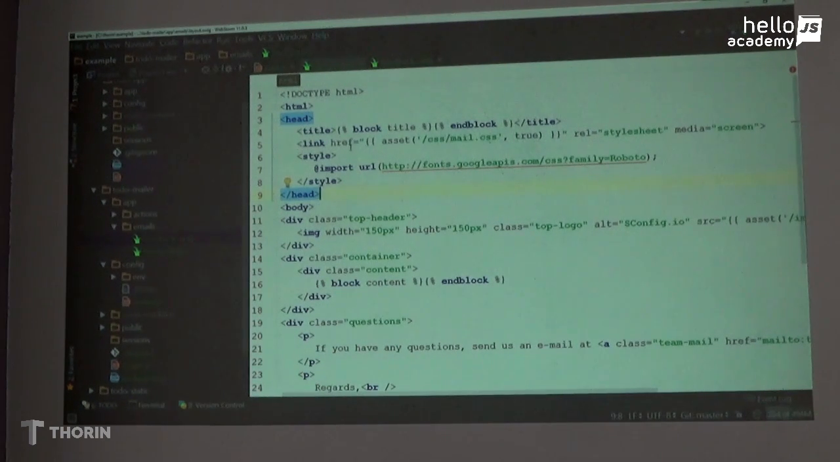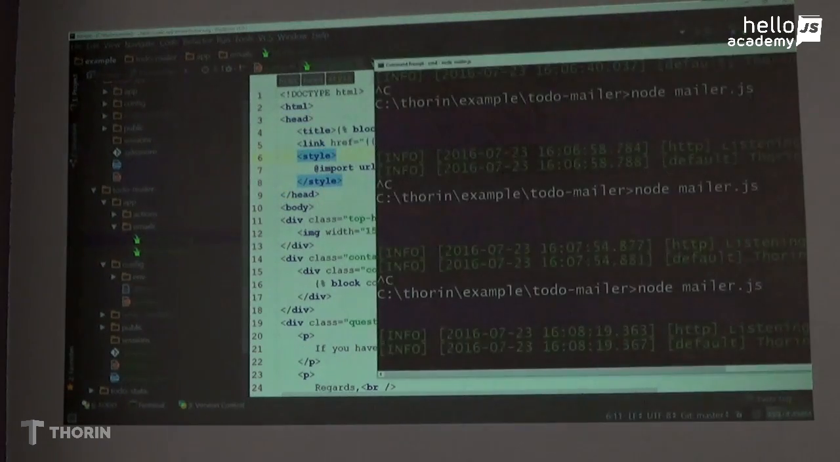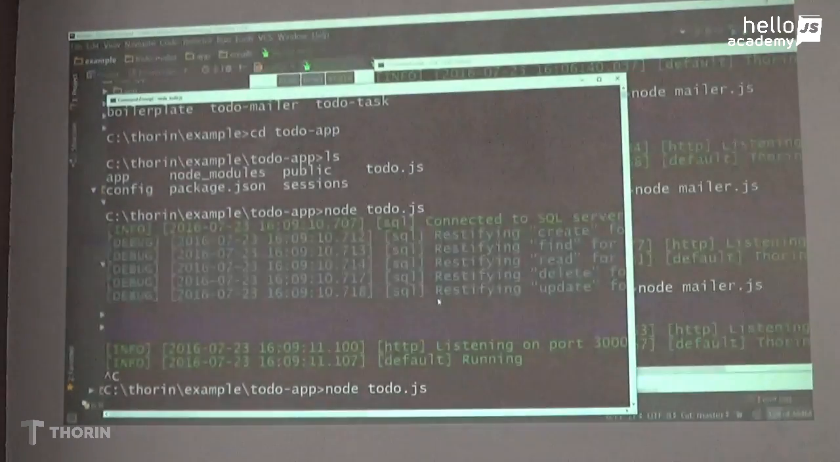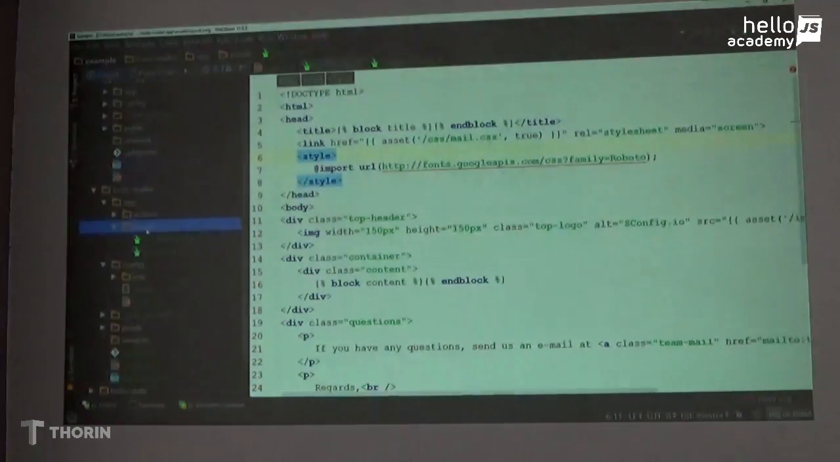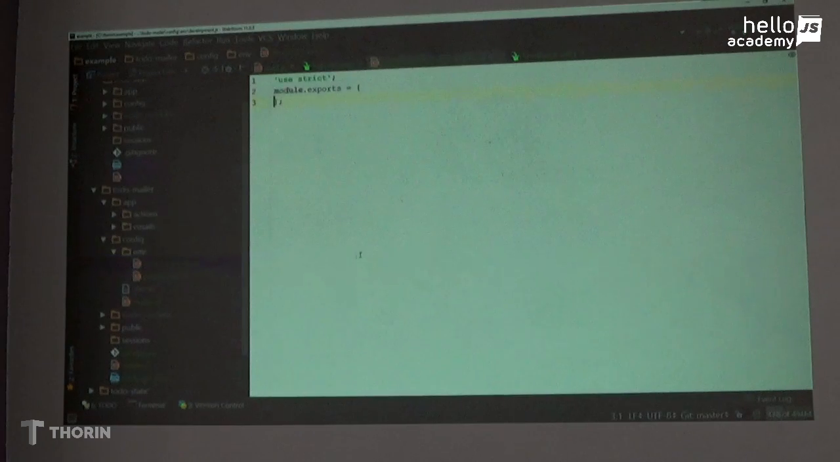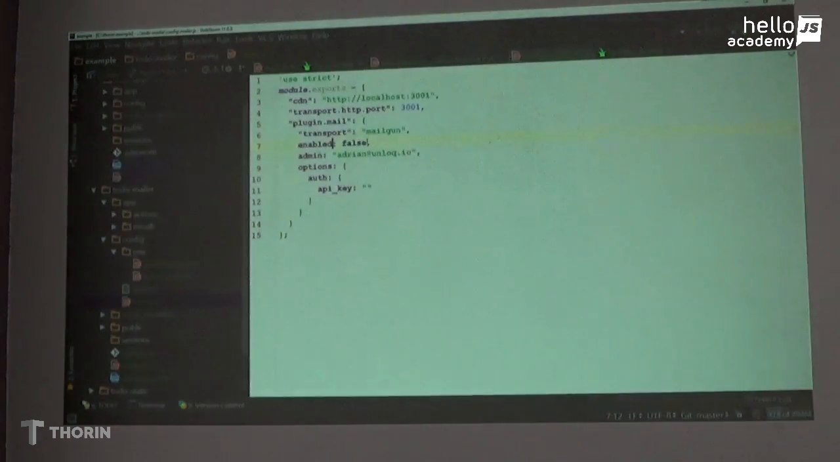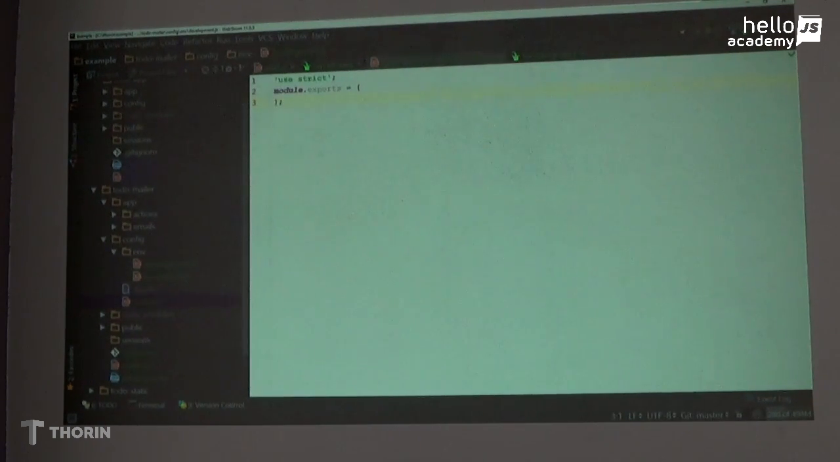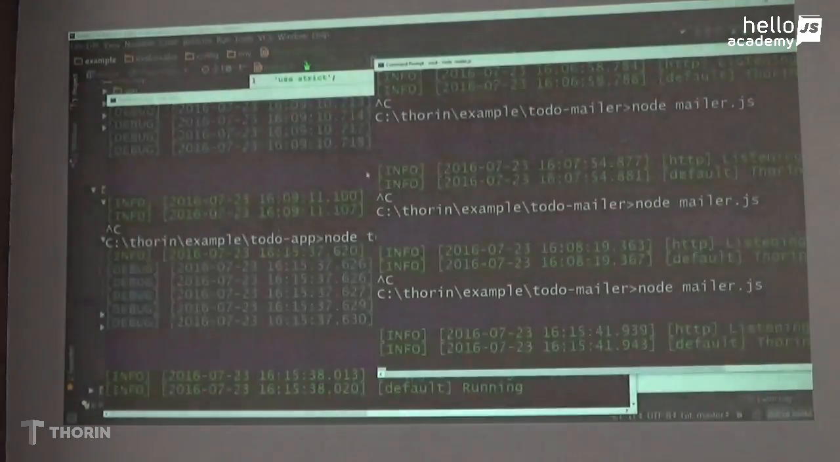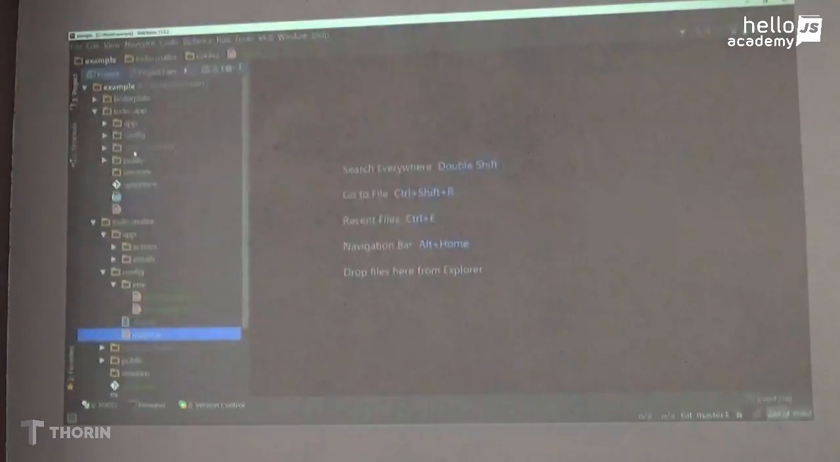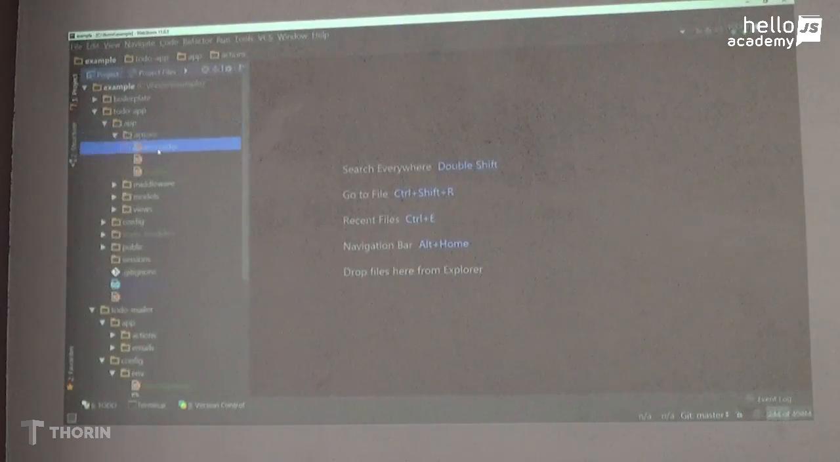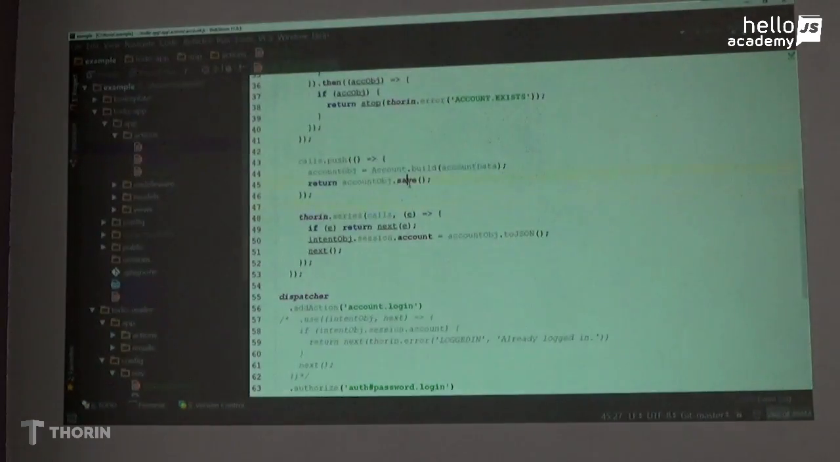Okay, so we can actually try this out. We're going to restart our to-do app and restart our mailer app. Now bear in mind that for this example I have disabled the actual sending, enabled false, so that I currently don't have a development Mailgun key, but you will be able to see in the console that we're sending out an email. So let's go back to our to-do application and say whenever an account is going to register,